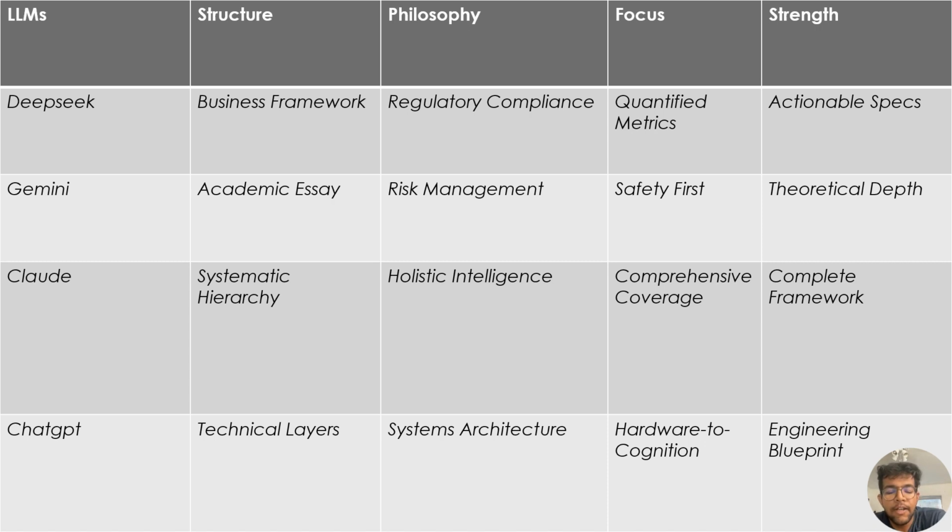Also, the training bias is quite evident in all the models, based on the requirements generated. DeepSeek was probably trained on quite a lot of sophisticated policy documents. Gemini was probably trained on quite a lot of academic literature. Claude was quite comprehensive. It had training documents from all across the spectrum. And ChatGPT's technical depth indicates strong influence from computer systems and engineering content.